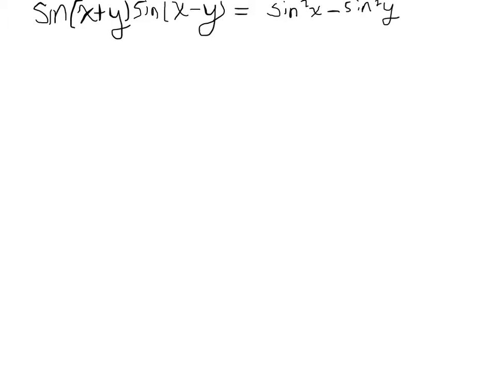How do we verify the identity listed above? Sine(x + y) times sine(x − y) equals sine squared x minus sine squared y. First, we expand the left side to be sine